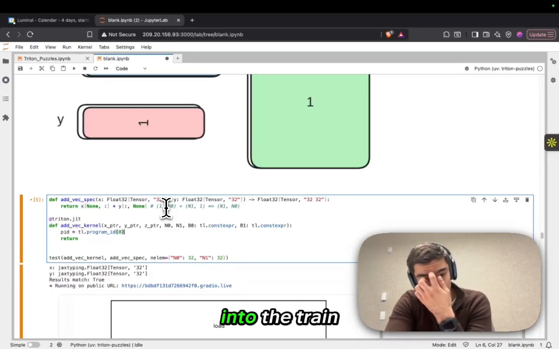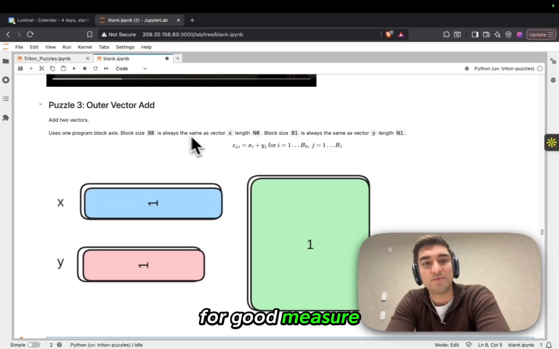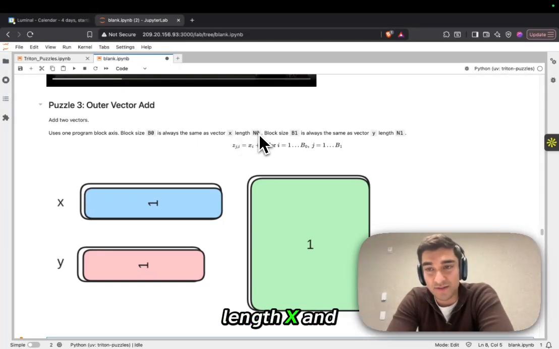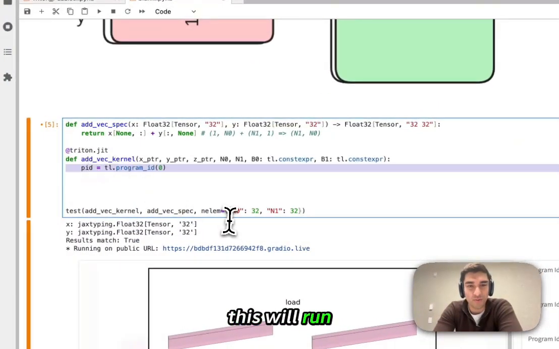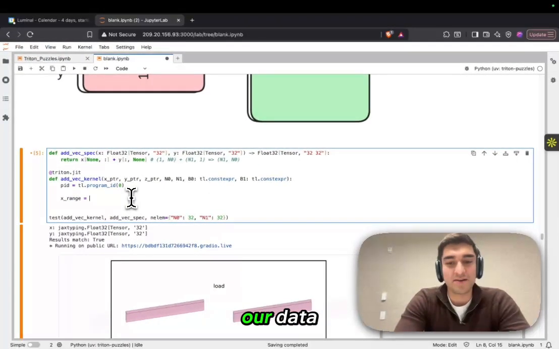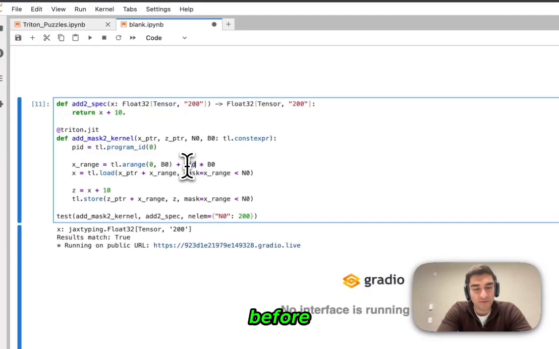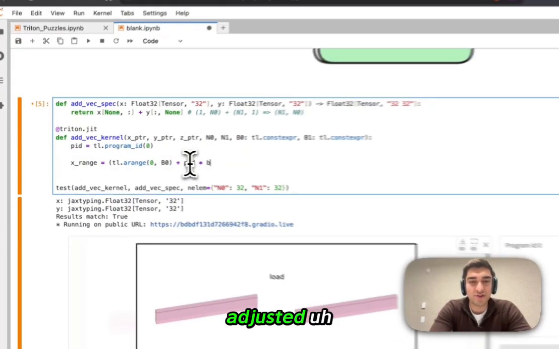So let's dive into the Triton here. We're going to use a program ID for good measure, but note that the block size is always the same as the vector length x, n0. So strictly speaking, you don't need to have the program ID. This will run in one go. Next thing we need to do is read in our data. So we have x arrange. We're going to have it to be size b0. And then, just like we did before, for good measure, we're going to have this be adjusted so that it